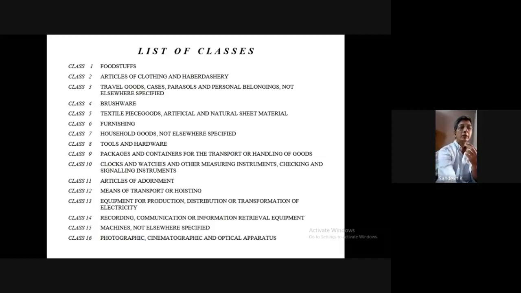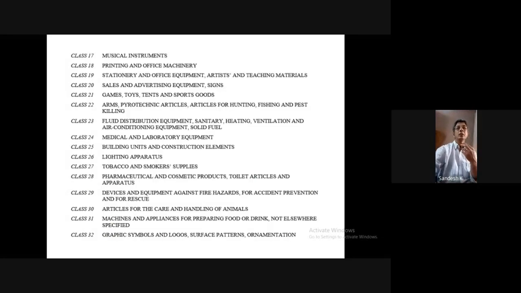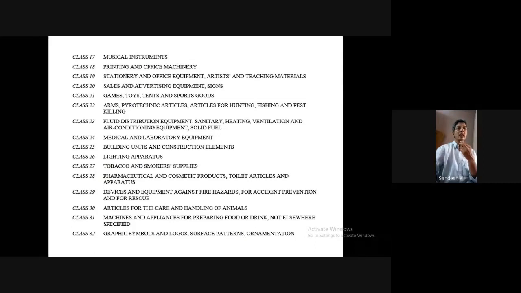Next slide. So there is a list of 32 items, that means 32 classes. This classification is according to the World Intellectual Property Organization. They have made the classes. It is an international classification. You have to specify, because I understand that under 3D printing you can print all sorts of things, so whatever you print belongs to one of the 32 classes. So it is very important. You have to define in the application which class it belongs to. Okay, next slide, please.